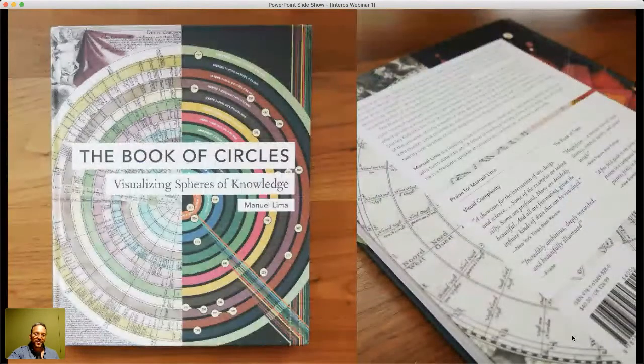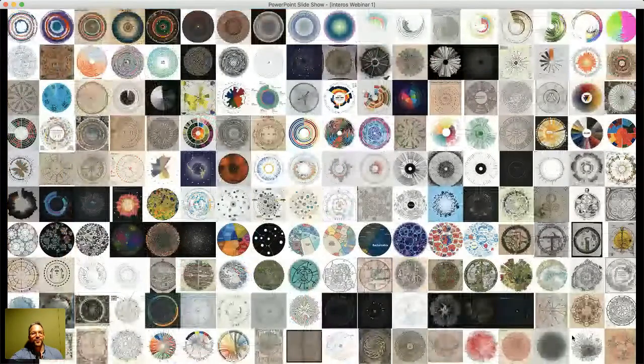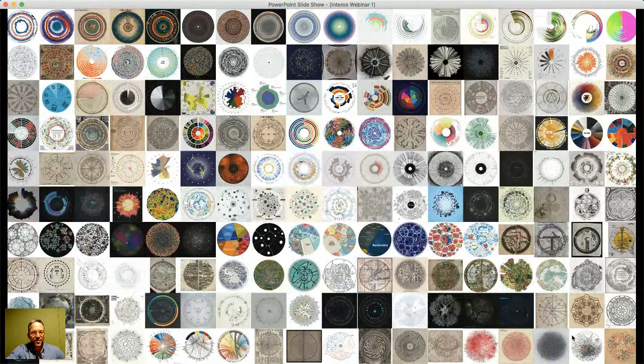And of course, it also helps that I know a thing or two about circles. In fact, I wrote a book about circles called The Book of Circles. How appropriate. For those who haven't seen it or are not aware of it, it was my latest book, published a few years back. In this book, I cover hundreds and hundreds of circular diagrams, charts, maps, and constructs depicting all the different ways humans have used the circle construct to